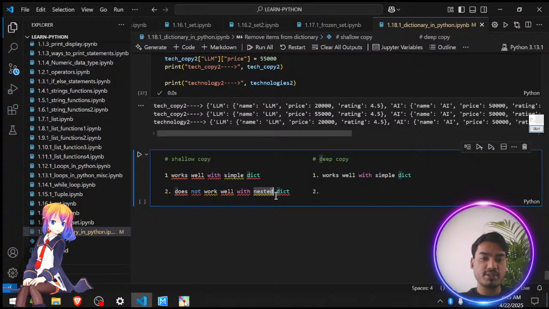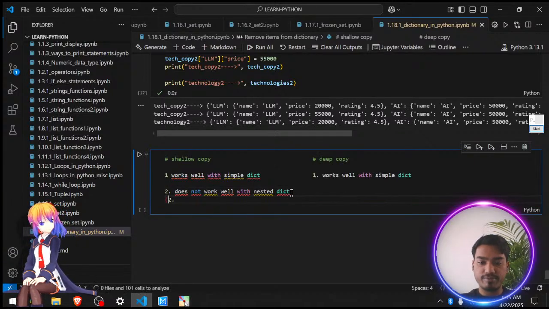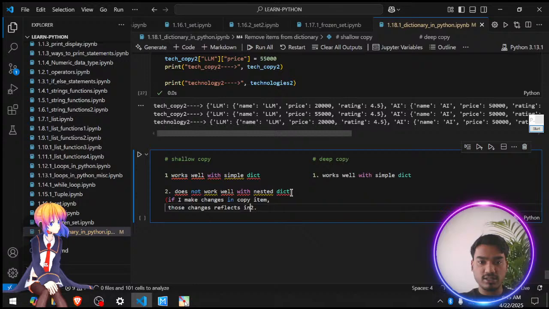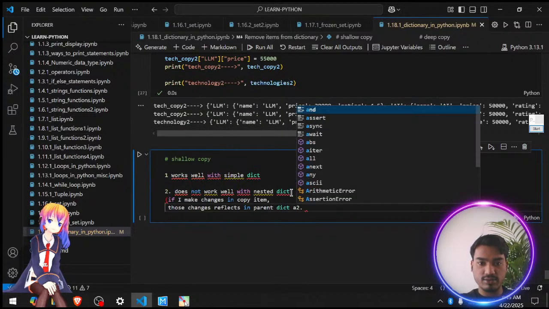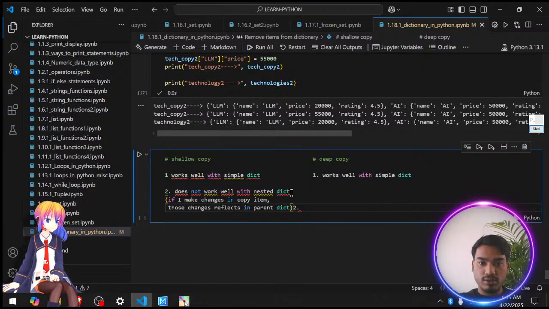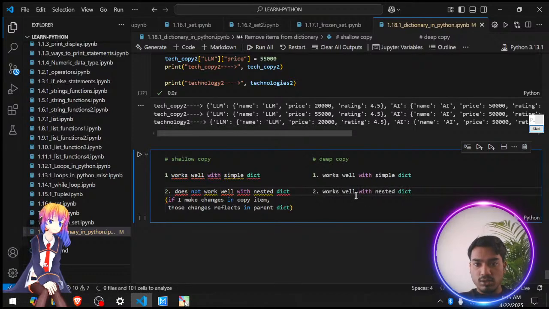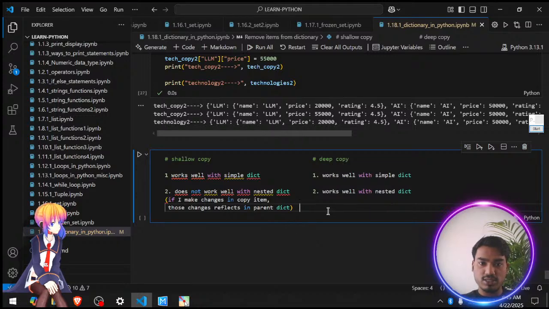What happens? अगर मैं copied item में if I make changes in copy item, those changes reflect in parent dict. ठीक है। And deep copy works well with a nested dictionary also, ठीक है। तो this is the entire story।